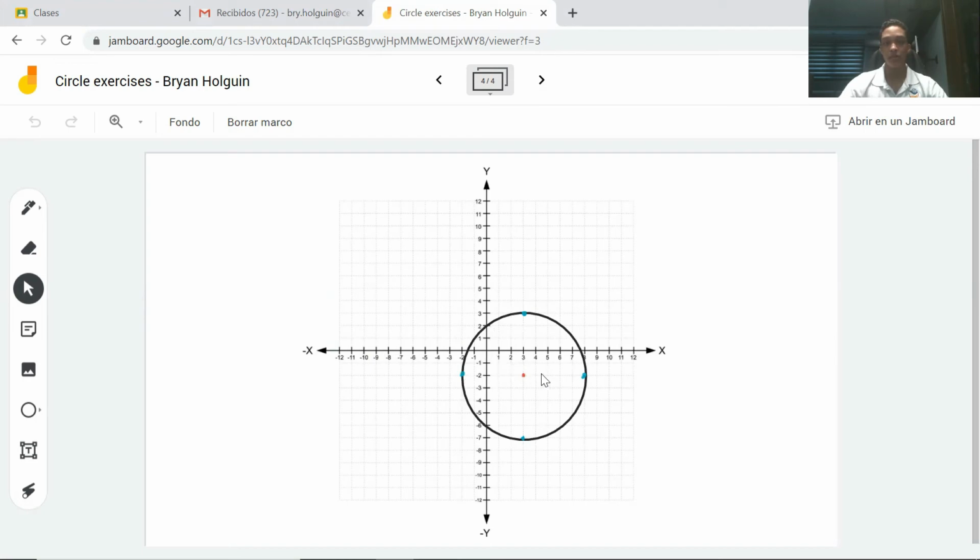So 1, 2, 3, 4, 5. We have one right here. 1, 2, 3, 4, 5. Another right here. 1, 2, 3, 4, 5. Third one. 1, 2, 3, 4, 5. And we have the 4 dots, which we have to connect in a circular way to make a perfect circle